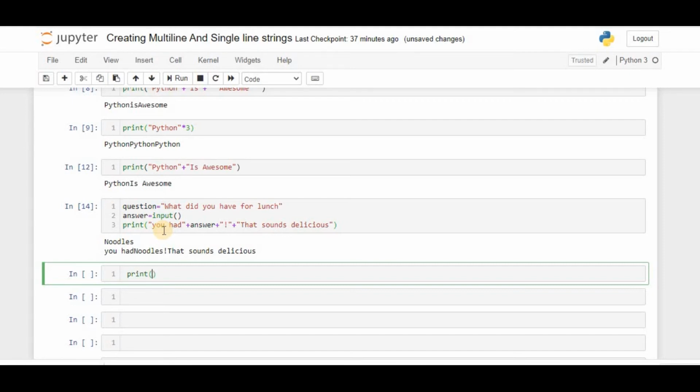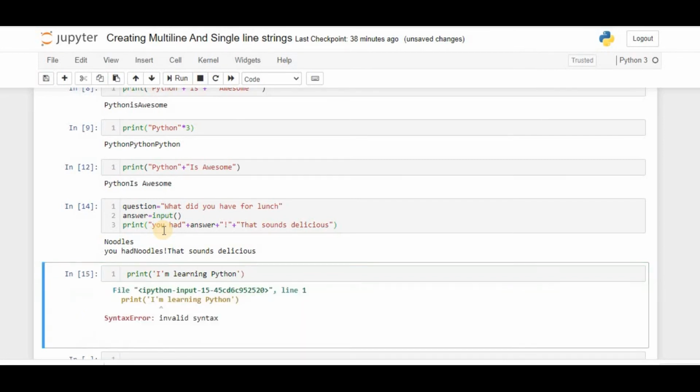with single quotes: I am learning Python. If you observe here, Python is showing an invalid syntax.